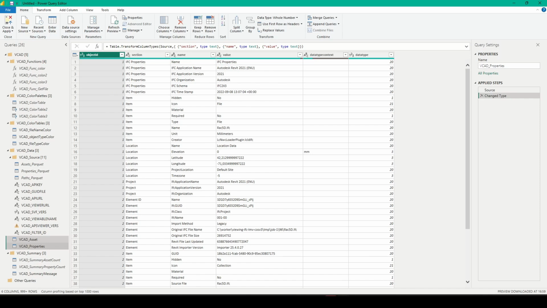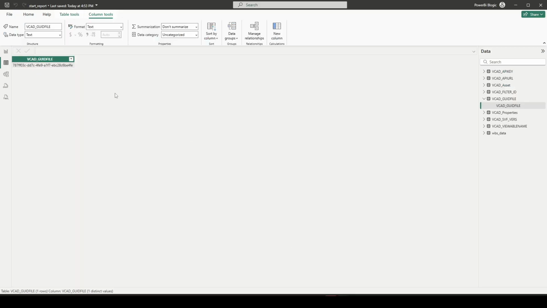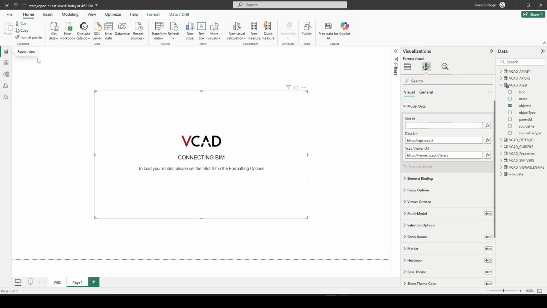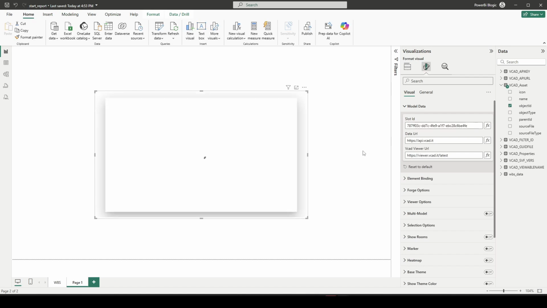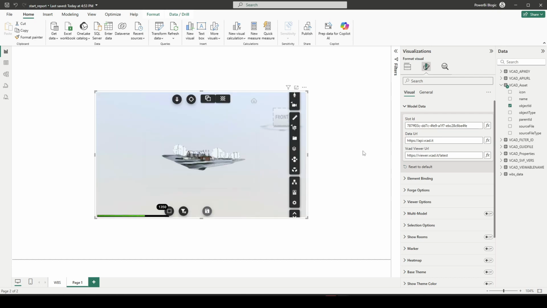To make sure that everything is consistent and working properly though, you probably want to use the same variable that is over here. So here you can do two things. Let's go ahead and copy this value, go back to the viewer, and we can either paste this in statically. You can see already the viewer is ready to go. It saw the slot ID, it has the object ID, it's going to go ahead and load in the model. I do want to show you though a more advanced way to do this. So if we clear this out again,